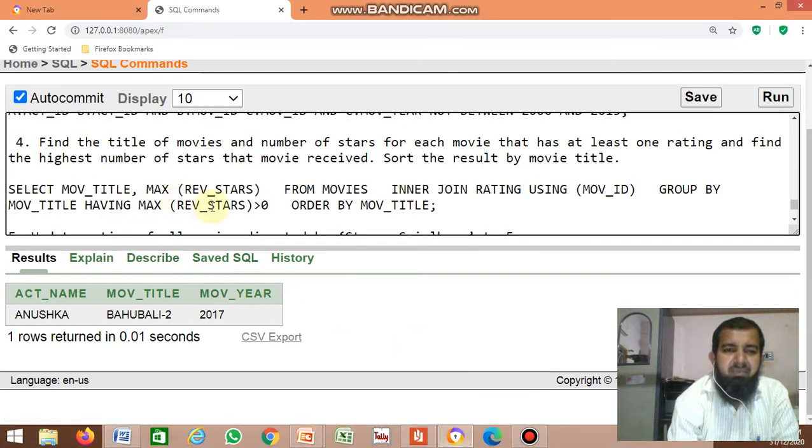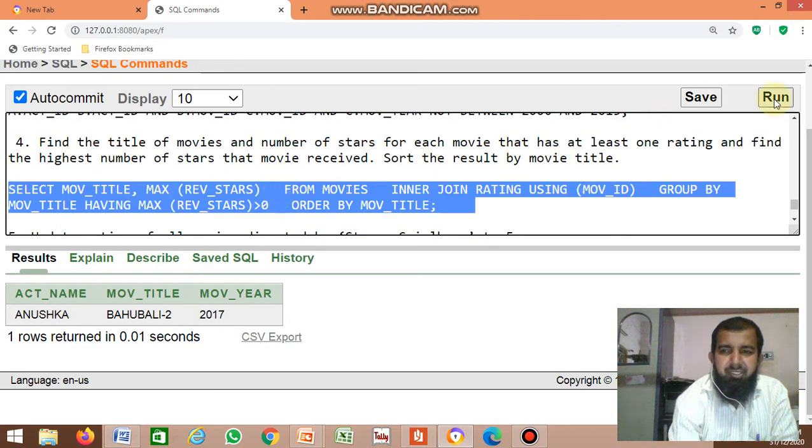Having maximum received stars greater than 0. They mentioned at least one rating, so that's why more than 0, which means at least one. Order by movie title. They also mentioned sort the result according to the movie title.